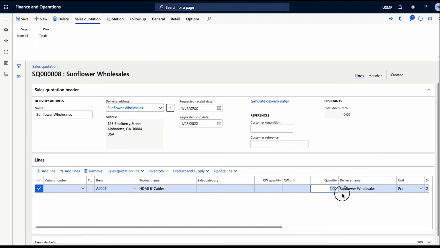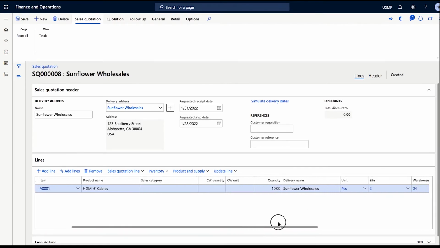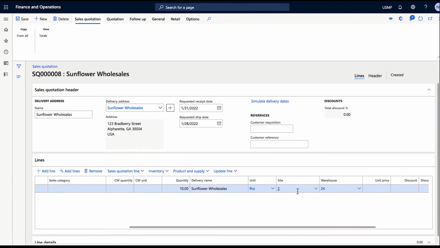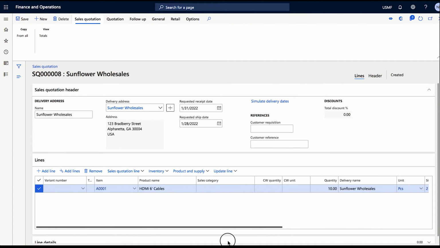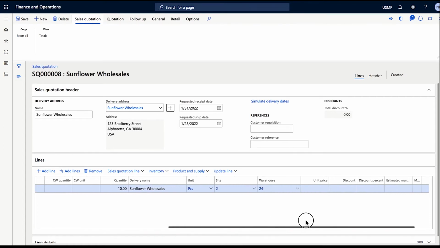I'm going to put in a quantity of 10 units. The sales unit is saying pieces, so I'm going to keep that as is. It's going to be allocating from site number 2, warehouse 24. And if there was a price predefined on the item master, the release product for this item, I would have gotten the value defaulted into this field. But because there's not a price, I'm going to key in a value. So the unit price here, I'm going to enter